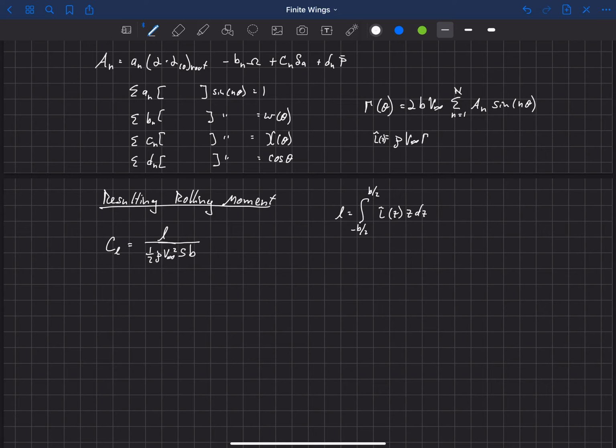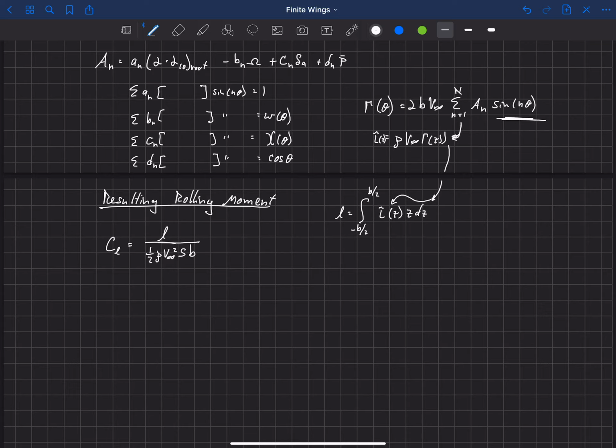Okay, so I'm not going to work through the math, but we can plug this relationship in here where gamma as a function of z comes from that equation there. So we can take that information and plug it right into this lift distribution and integrate, and we end up with an integral of a summation of these sine terms over here. And the nice thing about working in this Fourier sine series is that many of those terms drop out.